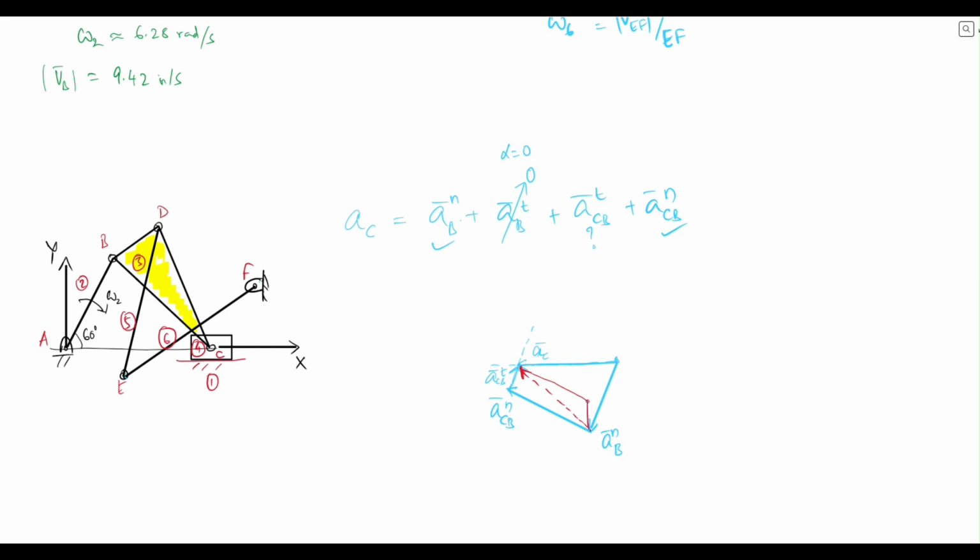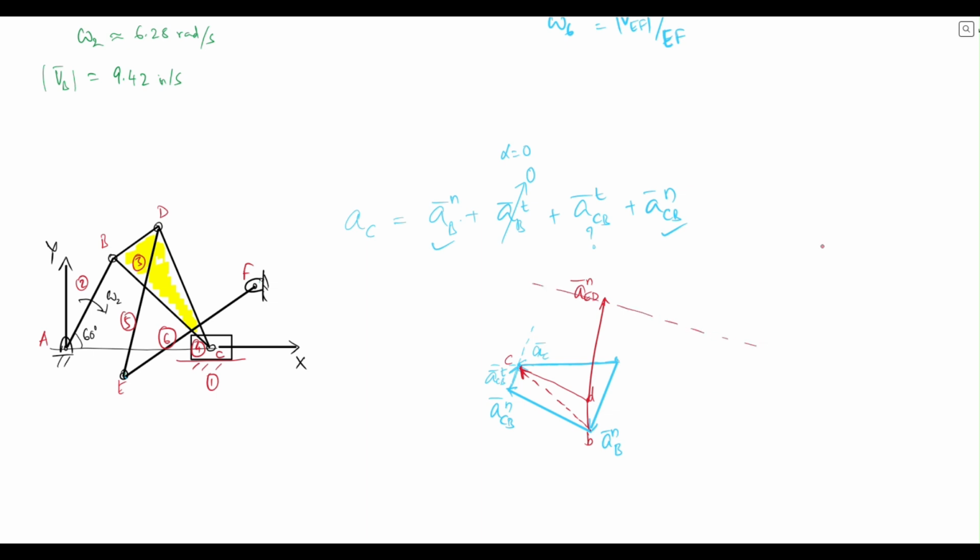This would be the point D. Maybe we'll just mark it with a lowercase letter. This is D, this is C, and this is B. So from here we can draw acceleration of E with respect to D normal. That's something which will be